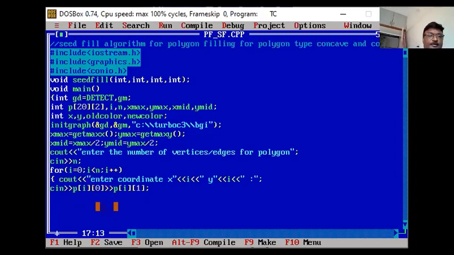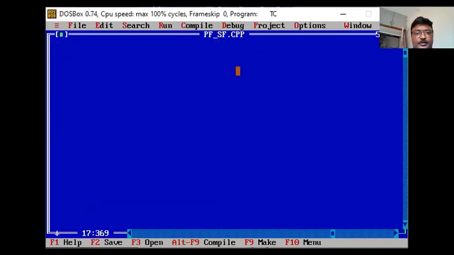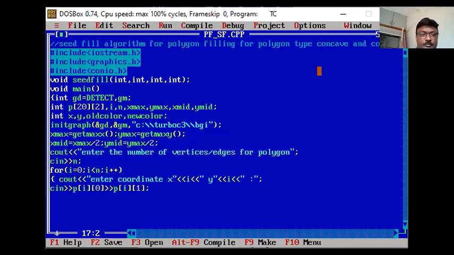So once you read this, is it audible? My voice is audible to all of you? Yes, sir. Okay, okay. Because I just got disconnected. That's the loop, go to these programs again.